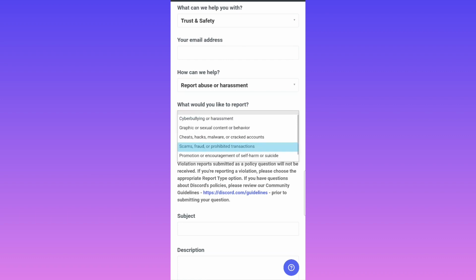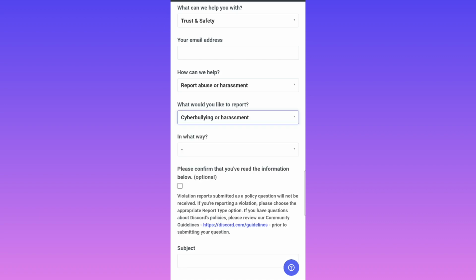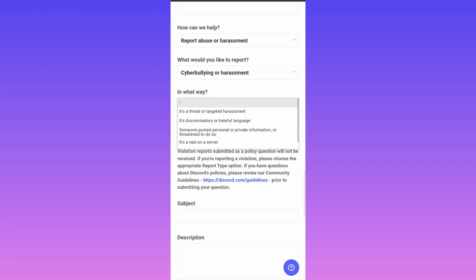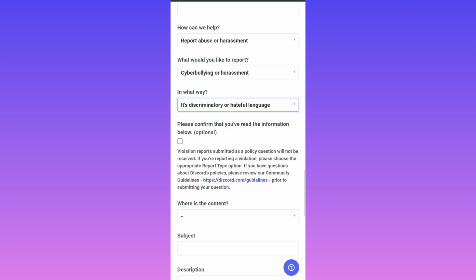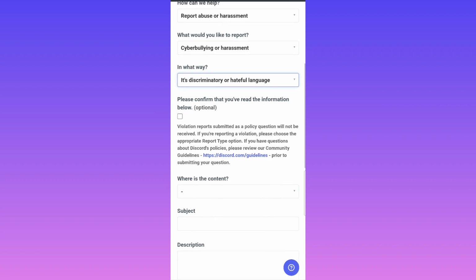So to be more specific, you have a lot of options here. Say for example choose cyberbullying or harassment, and they will ask you in what way you were cyberbullied or harassed, and you can choose whatever option suits you the best. Say for example this one right here, and you have the option to confirm that you have read the information